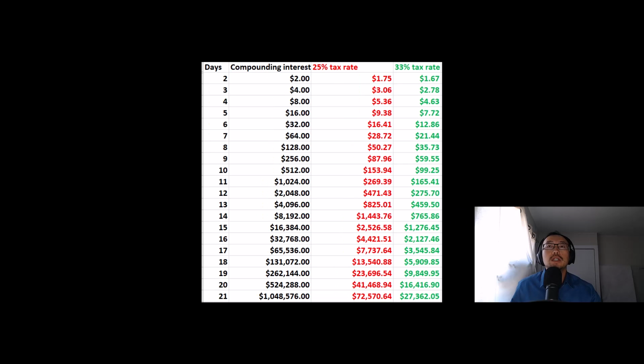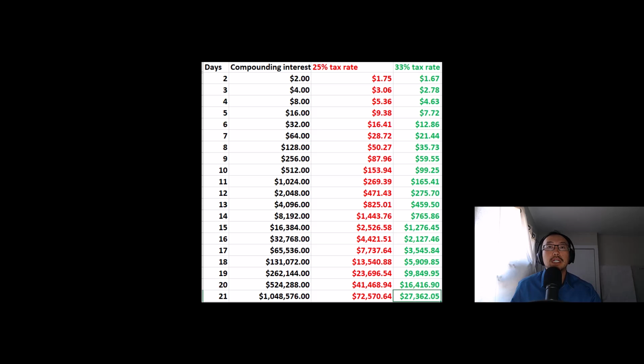So let's see what it looks like in a 33% tax bracket. As you could probably guess, you will end up with way less money than in the 25% tax bracket. As you can see at the bottom, you'll end up with $27,362 instead of $1 million, which translates to about 2.7% of the total only. I don't know about you, but I didn't work so hard so I could end up with only keeping 2.7%